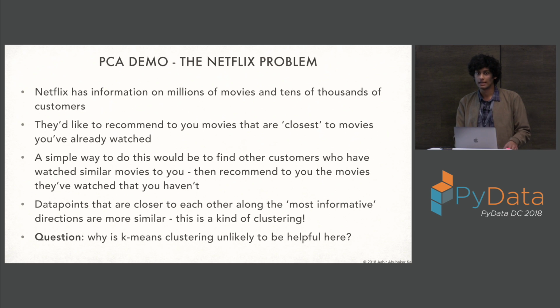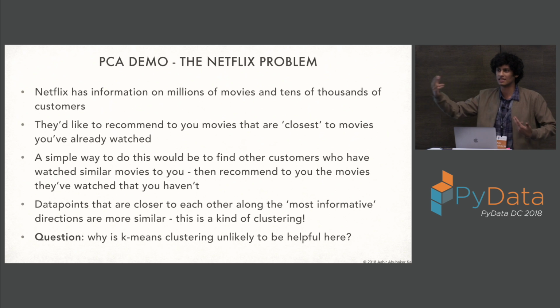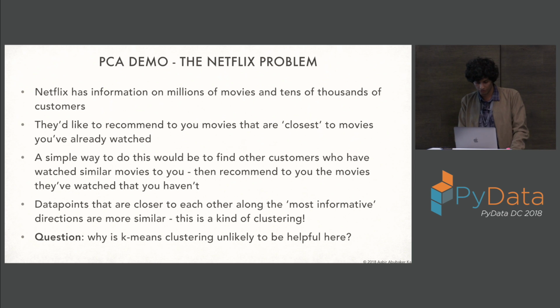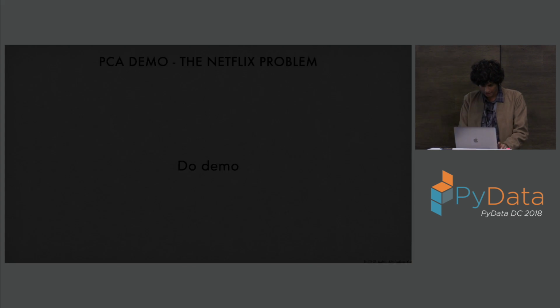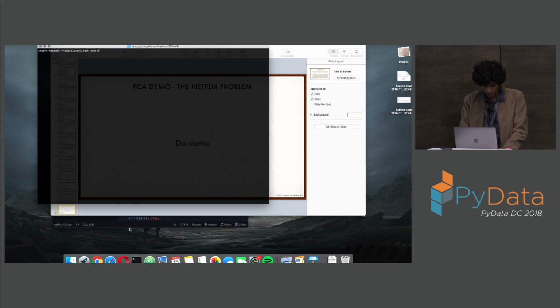OK, so it's because the concept of a distance really would not translate well to a space with maybe like 10,000 movies, and you liking one of them with a 1.3, and you not having watched some of them with a 0, and you disliking another with a 2.3. How do you really use those points in space and say, OK, the distance between us is so much, and that means something? It really doesn't mean anything. And that's why you kind of need a measure of how points are spread out in space, where the concept of a direction rather than a distance becomes extremely useful. So yeah, that's a cue for me to do the demo.